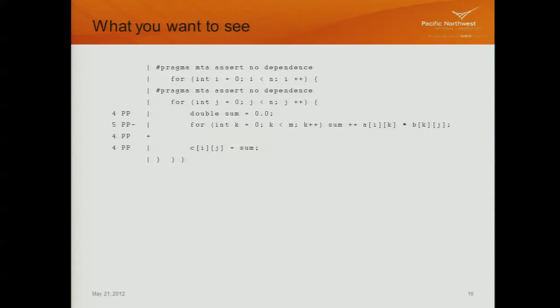And the pragma that you will use 80 or 90% of the time is simply #pragma mta assert nodep. Because I know that the rows of I point to different memory locations, because I set up a correct 2-dimensional array, I can simply put a pragma before the I loop, telling the compiler that there are no dependencies on I, and a pragma on the second for loop, telling the compiler that there are no dependencies in the J loop. And by simply adding these 2 statements, these 2 pragmas, I've taken